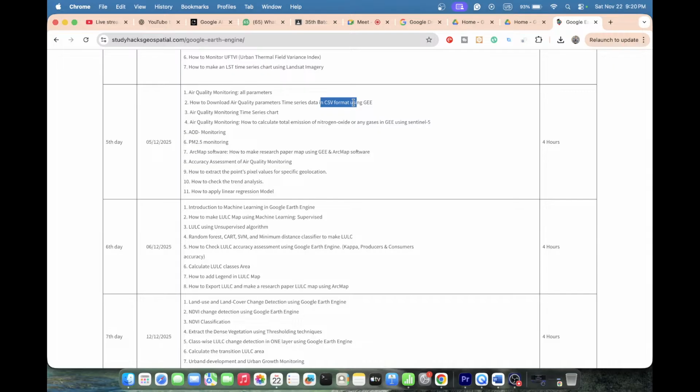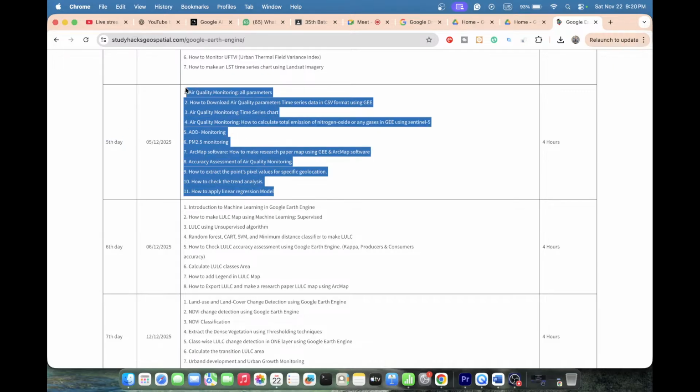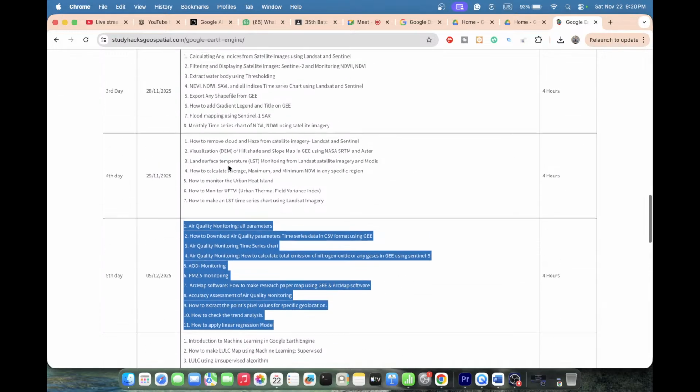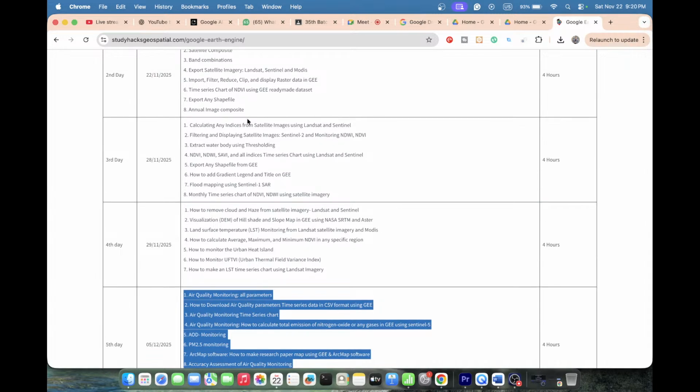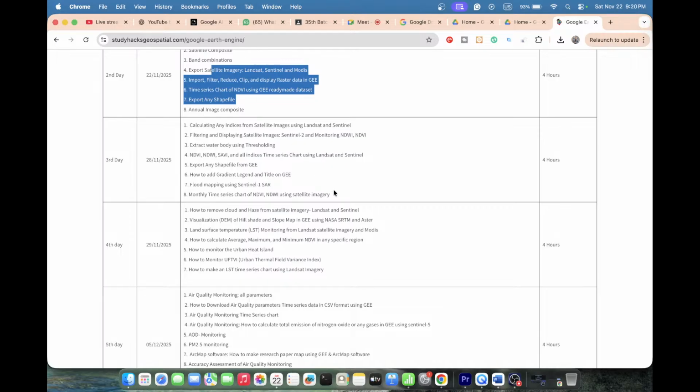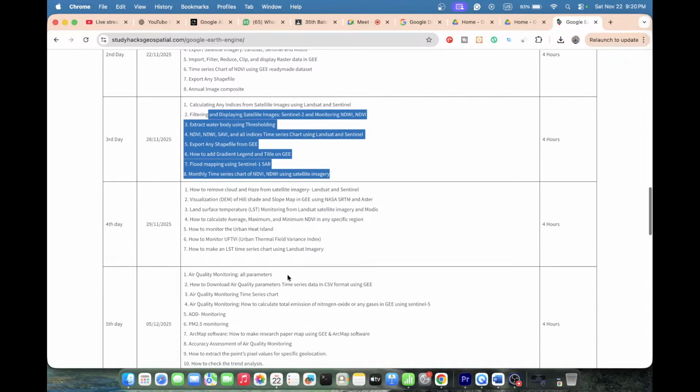Yes. So basically, suppose this type of 5th day. In the 5th day, I try to discuss all of the topics. Yeah, so is there any chance you can get us this schedule so I can also have it for reference? Okay, so basically each day and this type of topic is related. Suppose if I don't teach you the first topic, then you don't understand the second topic. So these topics are related, correlated. So we just try to teach you all of those one by one.